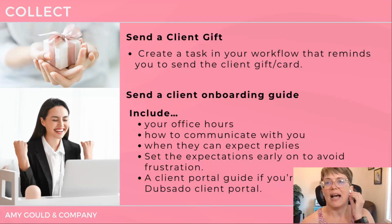And then I also, like I said, I like to send that client onboarding guide. And in that, I like to include things like the office hours, how to communicate with you, when someone can expect replies back from you, anything that you can do to set the expectations early to avoid frustration. A lot of times I also like to include the steps of the process and what that's going to look like if that's something that's relevant to the service that you're doing. And I usually also include what's going to happen next in their